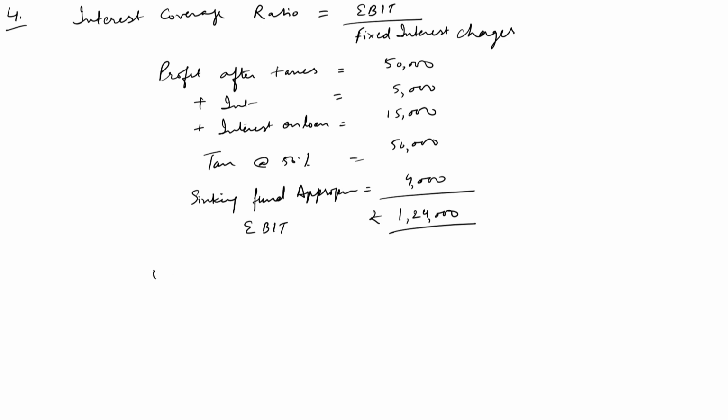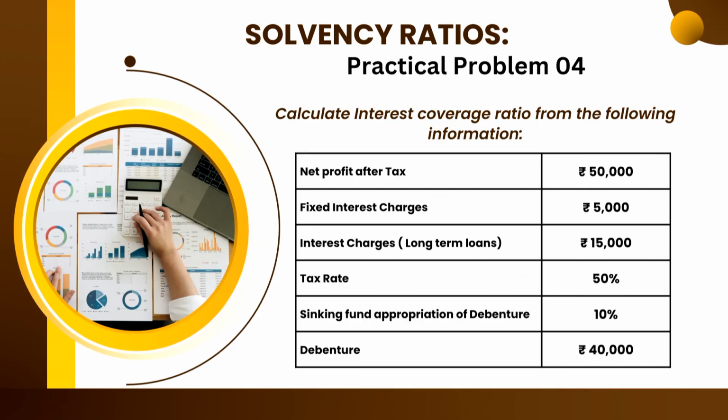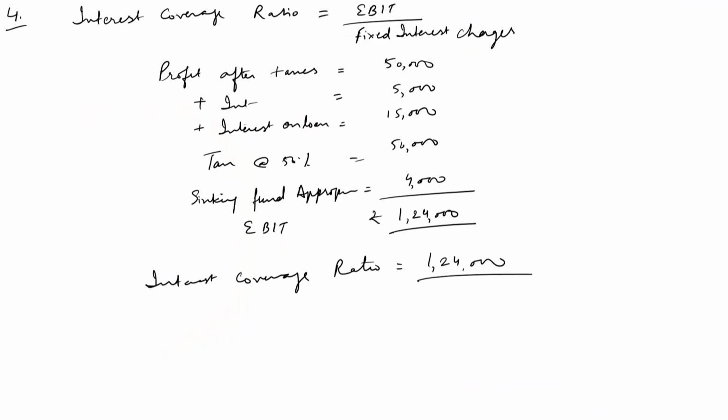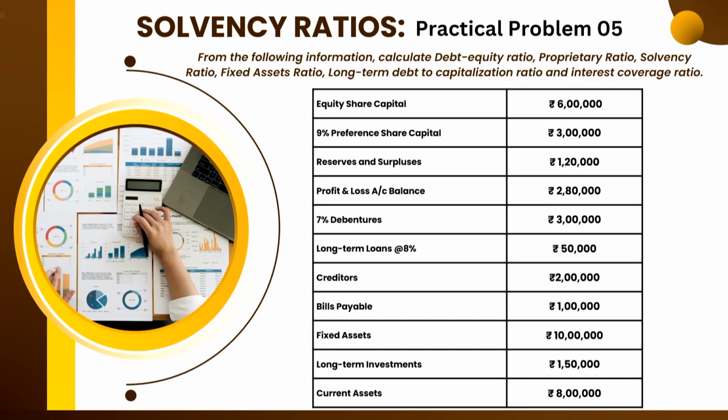Now I compute the interest coverage ratio, which is my EBIT of 1,24,000 divided by, as per my information, fixed interest charges of 20,000 rupees. If I calculate this, I am reaching the figure of 6.2 times. Moving to question number 5, which says you are required to calculate the debt equity ratio, proprietary ratio,